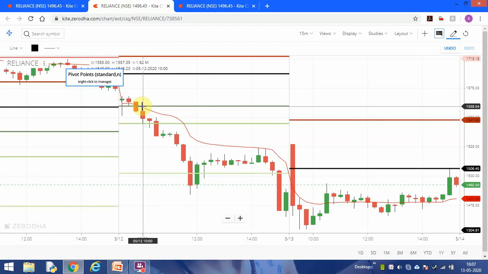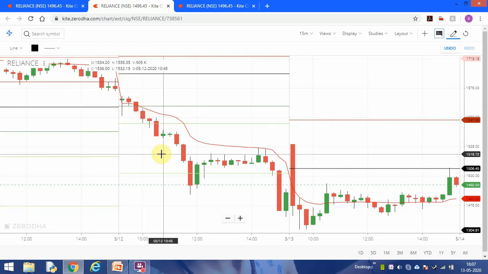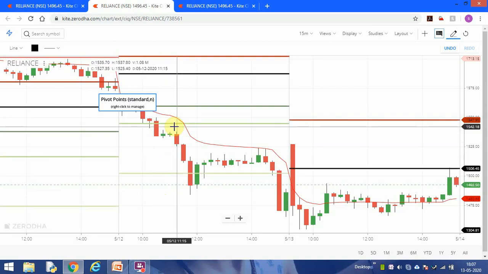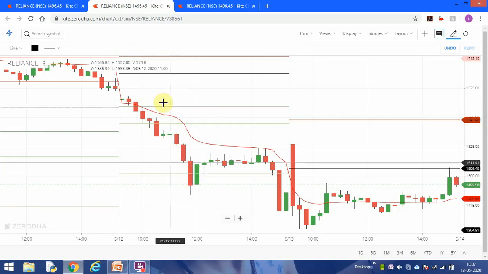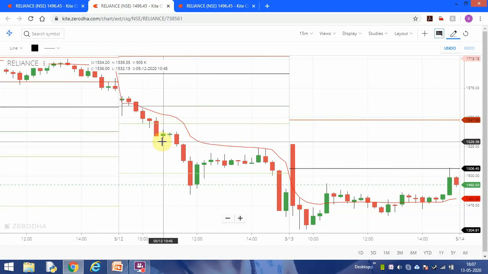You see, the share was 1560, and you can continue with the trade here from 1560 to 1492. So this kind of profit you can get on one share. You can continue here, because after pivot point it has broken support 1, then again on support 1 it has a strong candle. So you can go down.